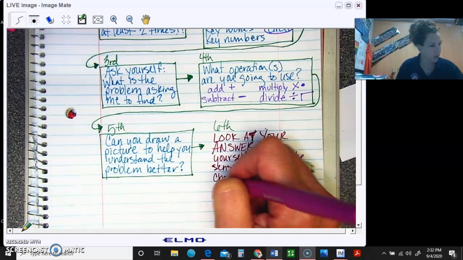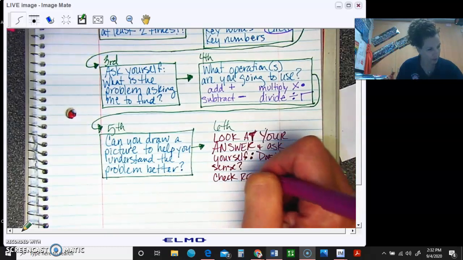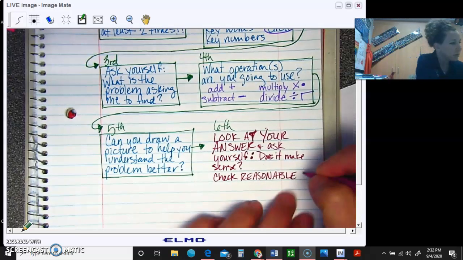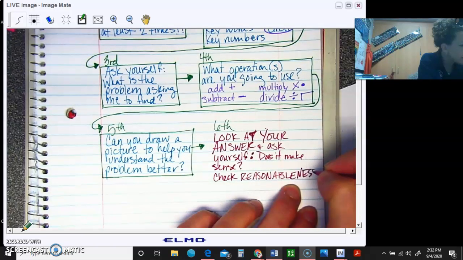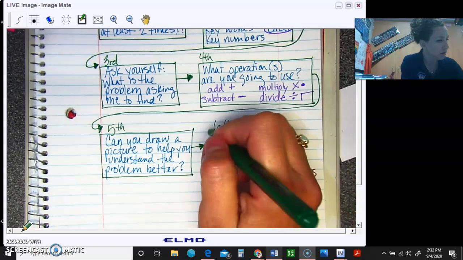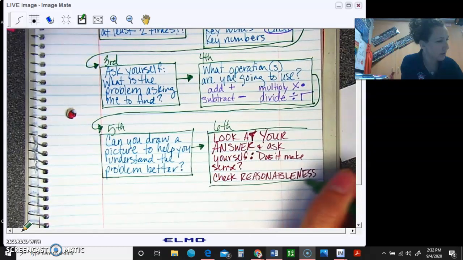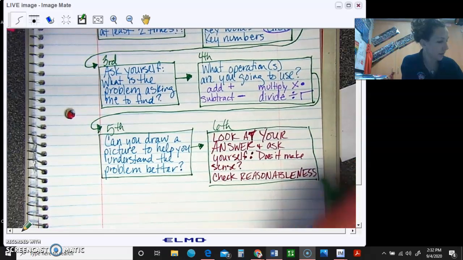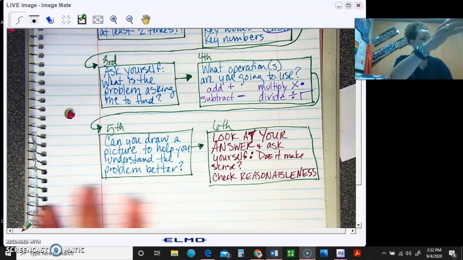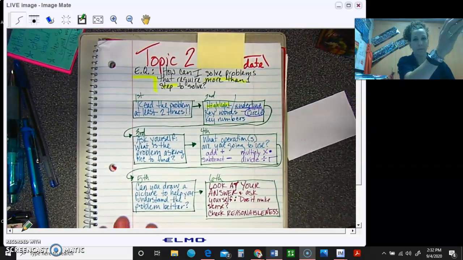You need to check reasonableness. Super important. Don't just throw any old number down. Go back and look at it and go, does that sound right? Is that good? And then answer it. Okay? So, get it written, bookmark it, so that you can go back and find it again when we get those multi-step